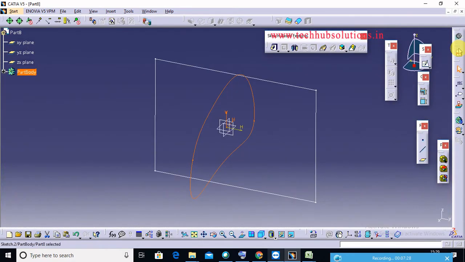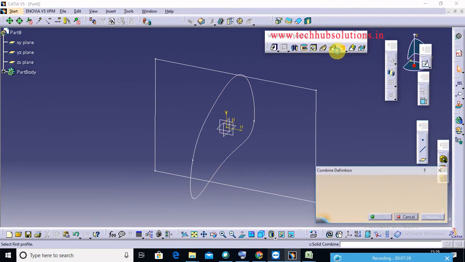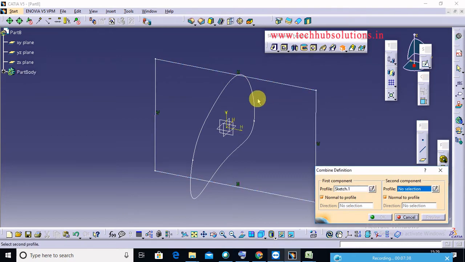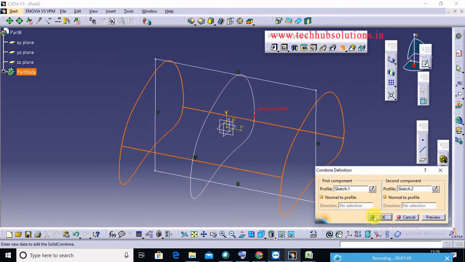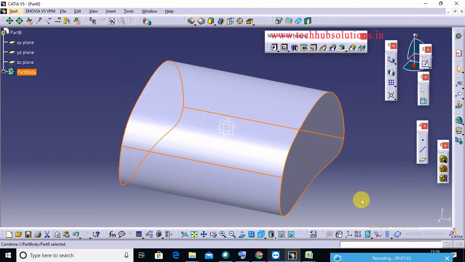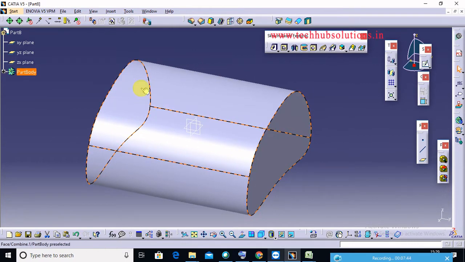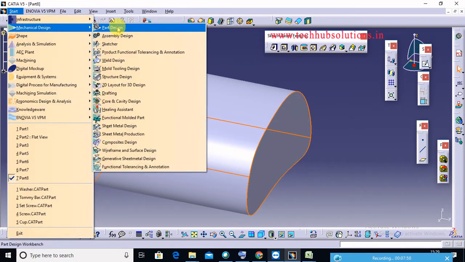Both are closed. One is in YZ plane and another one is ZX plane. So go to the solid combine. Under solid combine, suppose select this one and select that one. So now this one is okay. So that is the solid combine. Means rectangle length and spline profile both are selected.